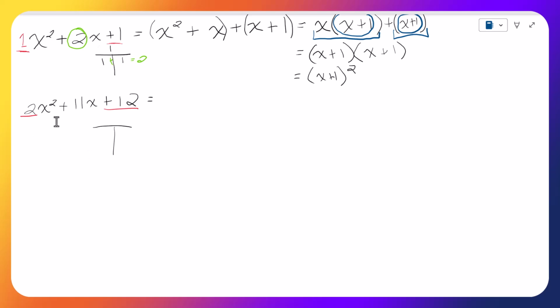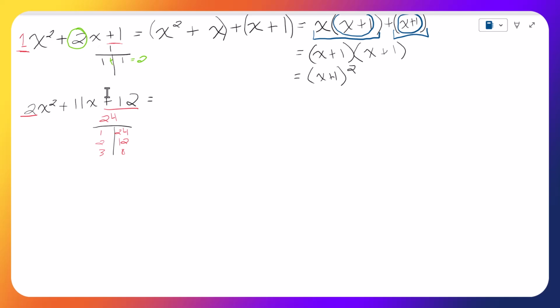We have 2x squared plus 11x plus 12. We need to multiply our underlined things, in this case, our leading coefficient and our constant. 2 times 12 is 24. And here we actually have a lot of factors we could do. If you're quick with it, you won't need to list them all out. But we have 1 and 24, we have 2 and 12, we have 3 and 8,